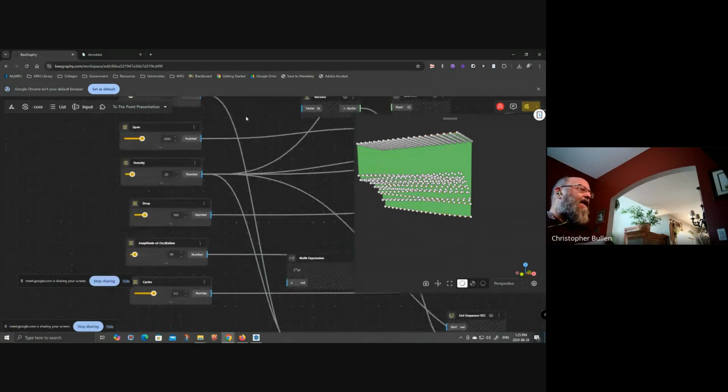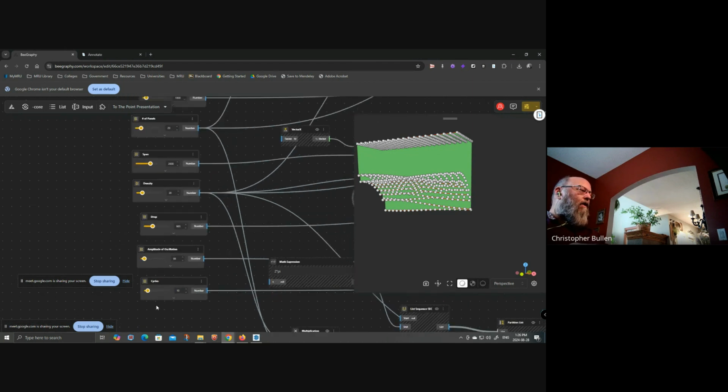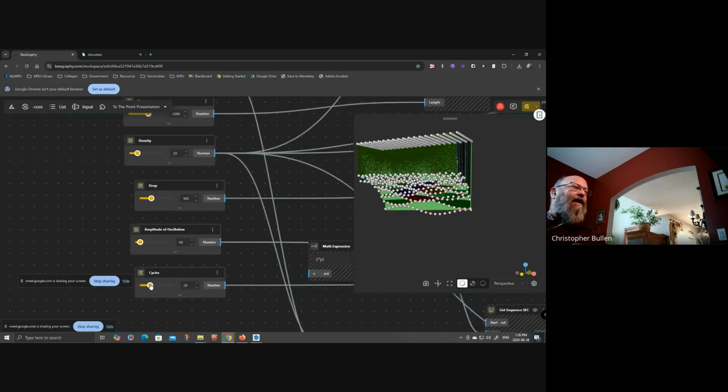So let's actually go back in here and let's actually go to the cycles. Now this is only going up to 10. I have a lot of panels here. I'd like to go more than 10 for this one here. So let's actually bring this up to the maximum being 100. There we go. We'll close that off